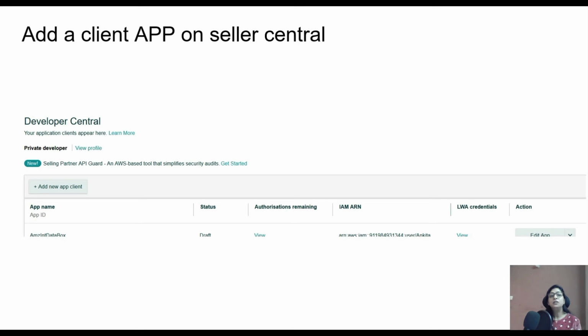Once you have done that, you have to have developer access, and I have already shown you how to get that developer access if you don't have it already. If you already have developer access in the Amazon Seller Central, this is how it looks, and you click to add a new app client and then create a new client. This is a very important step because you will get the token here that is required for you to access your Seller Central. Only through this token can you do that.